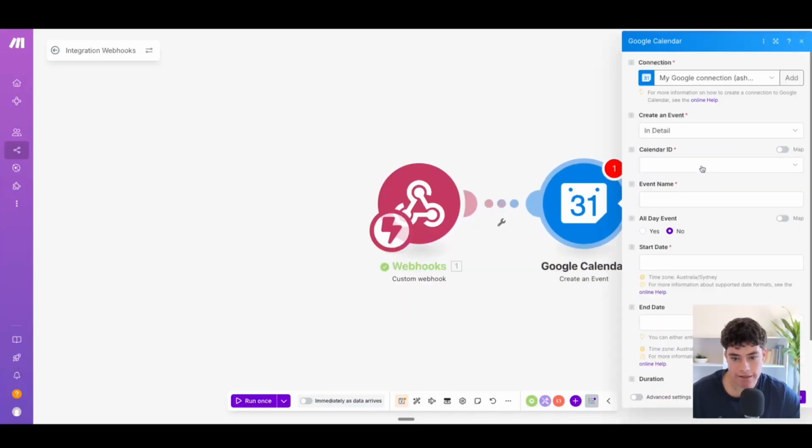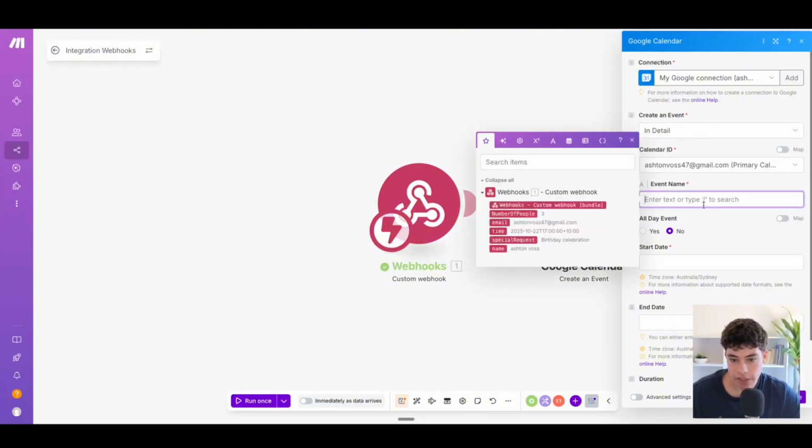My calendar ID is up there. Make sure this is in detail, which is what we're going to need. Calendar ID is just going to be my email. And then the event name, we can really name this whatever we want. So for example, we can do new reservation for